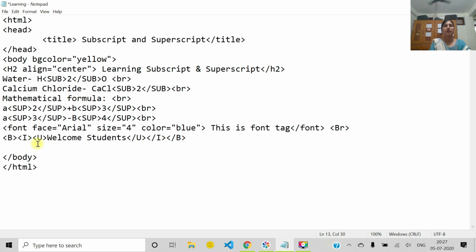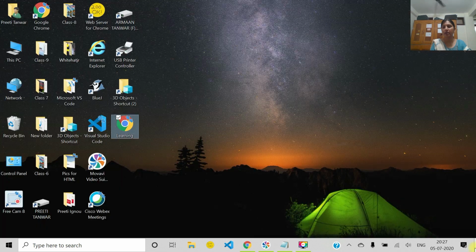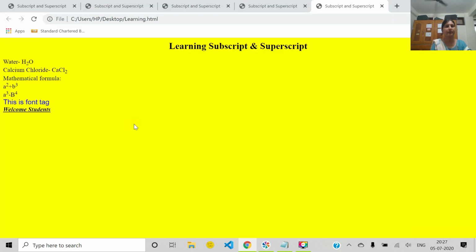Fine. So you can use this separately or together in one line. BIU, and when you close it, you will close the U tag first, then the I tag and then the B tag. For saving, Control S, and then we will come back to the desktop and open it. Fine, underline. I hope it is clear.